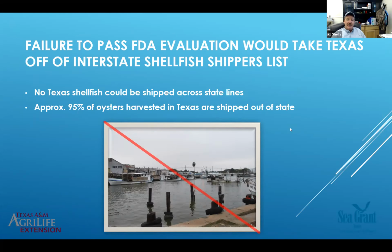The reason why it's critical that the state be in compliance with the NSSP is because if any one of us failed our portion of that annual inspection, then FDA could take the state of Texas off the interstate shellfish shippers list. What that means is no oysters could leave the state of Texas. And the majority of the oysters harvested in Texas, this is an older number, but I bet it's still pretty close. 95% of the oysters harvested in Texas used to be shipped out of state,